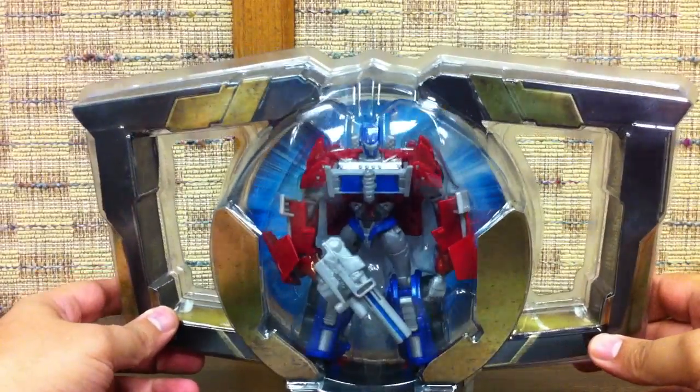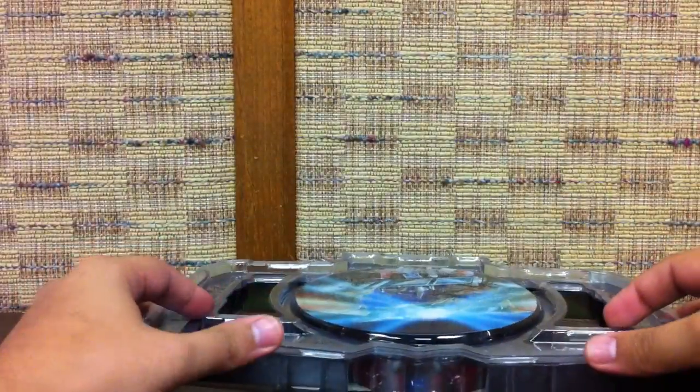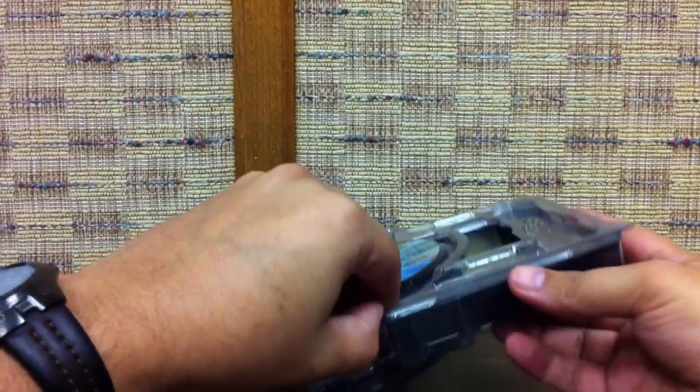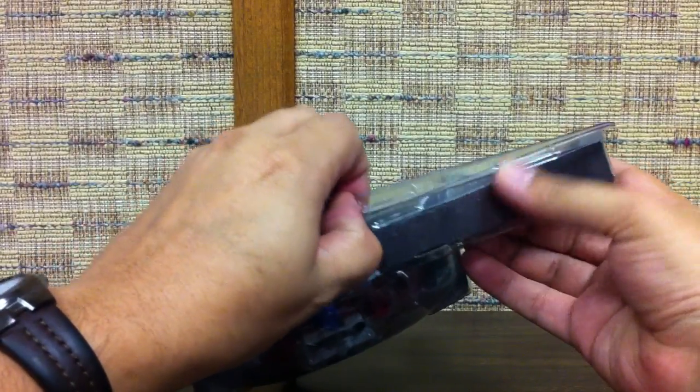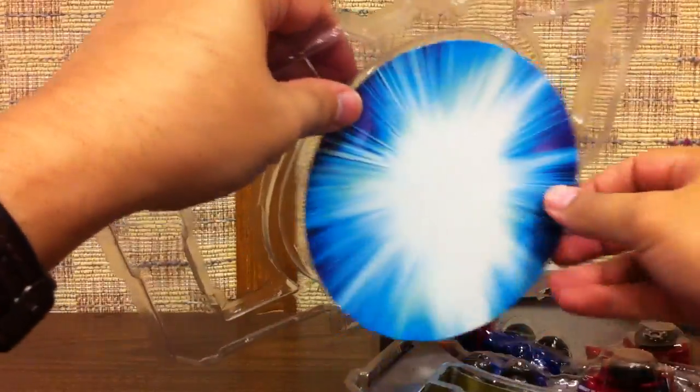So there's Prime inside the package itself. And there's a couple pieces of tape up here and a piece of tape on the bottom. I've already removed those, obviously. Well, the tape on the bottom is still there, but you get what I'm saying. And you just split it apart. Right here, you just split it. There's a couple little tabs and notches here that hold it all together. You see there's the tape holding it together. There's just a piece of tape holding this disc in. I don't know why they didn't put a piece of tape down at the bottom either, but